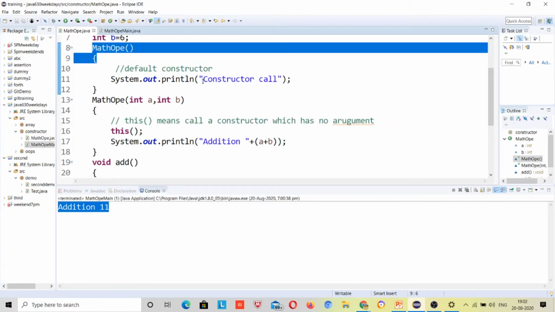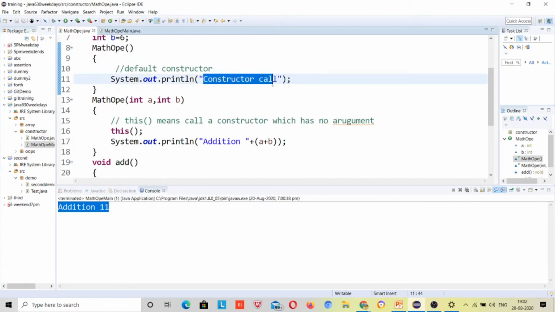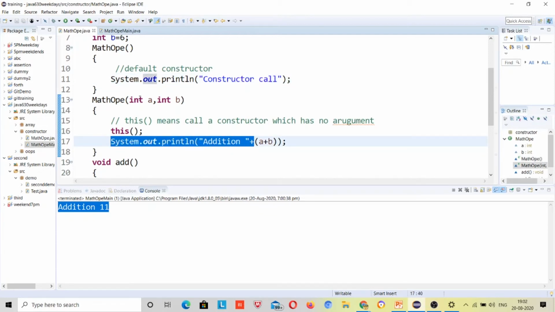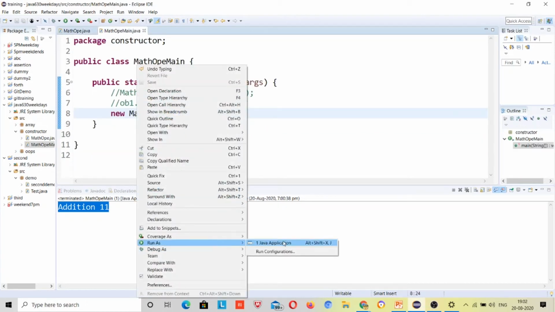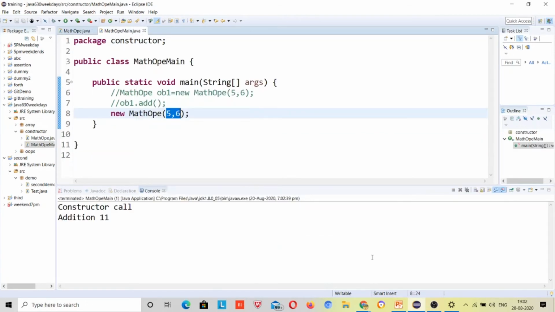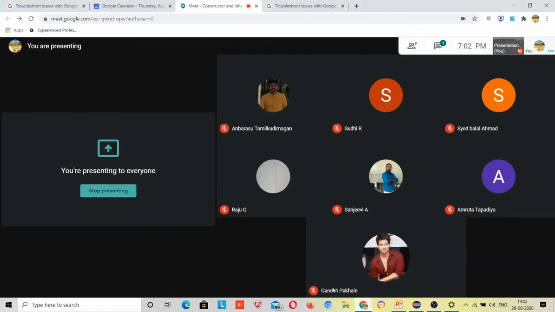First it will print constructor call, and then it will go back here only. Now it will perform the addition for this constructor, right? Anybody has any doubt, you can ask me.